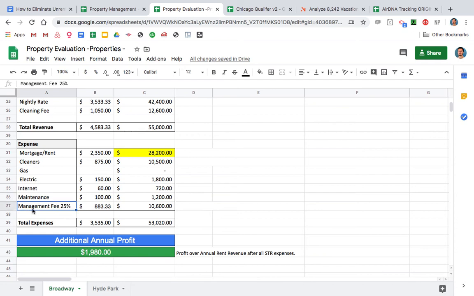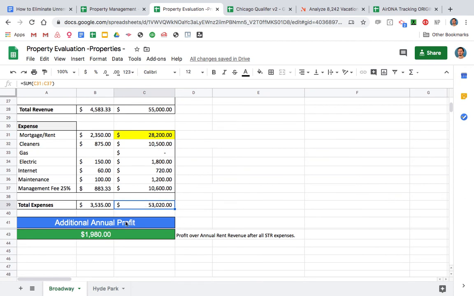Now the next thing is the management fee. So as you can see, I said earlier that it was typically 70-30, but he talked us down to 25. So we're at 25%. Here you can see the formula in this one, 75% of C25, C25 being the nightly rate, okay? So we're only taking the management fee out of here, right? And what ends up happening is that his total expenses end up being $53,020. So this is saying that his additional annual profit over his rent is $1,980. So he makes an additional $2,000